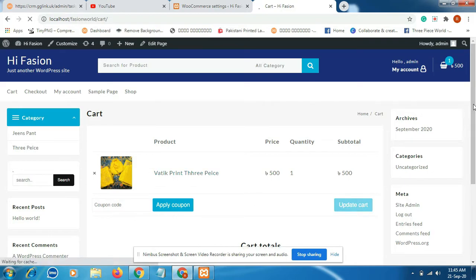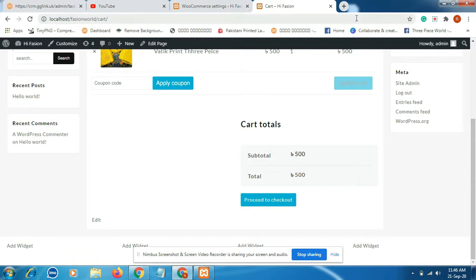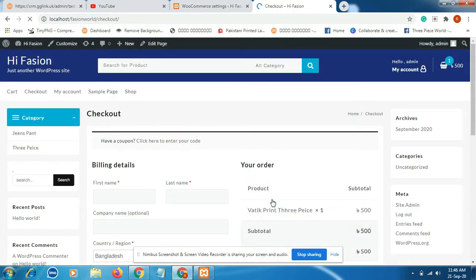It is an e-commerce website. That's why its tag system is a little bit different. If you use a blog site, then it will be easy to use. A blogging site just shows the post.